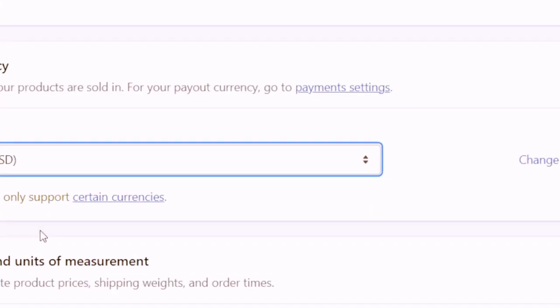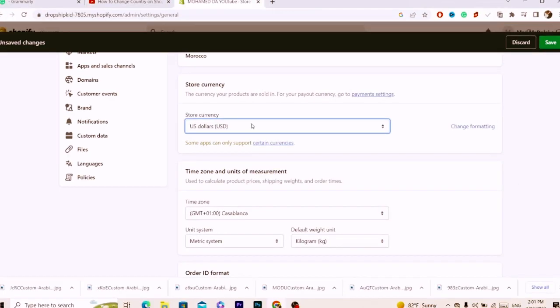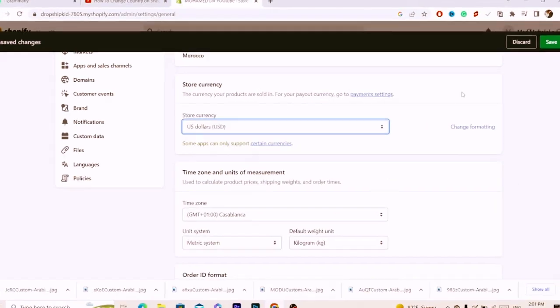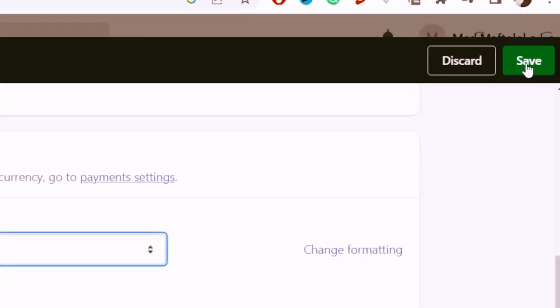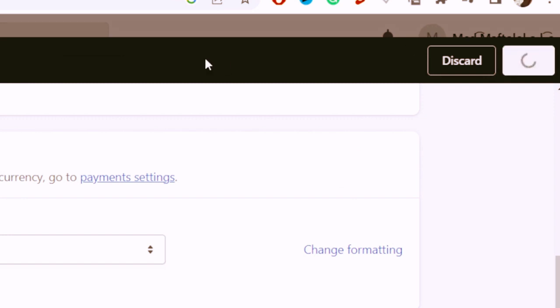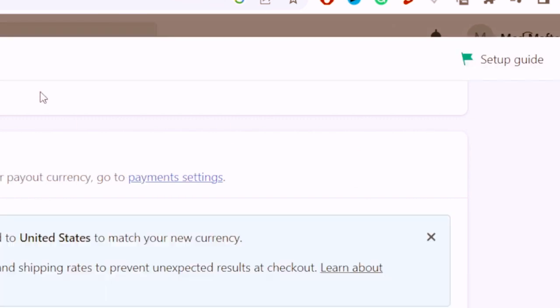Now, after you change your currency, guys, make sure you click on save in the top right. Otherwise, you are not going to change it. Click on save in the top right. And that's exactly, guys, how you can change store